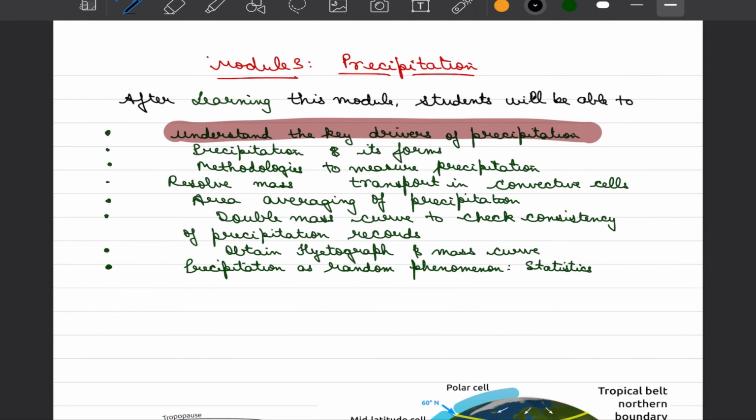Then, as civil engineers, we have to also deal with the precipitation gauges. And when we have some measurements, there would be uncertainties and inconsistencies. So we'll learn some of the mathematical approaches on how to check for those inconsistencies.